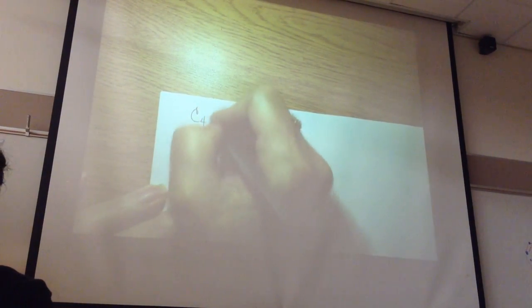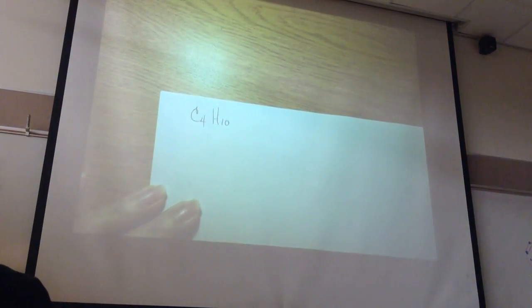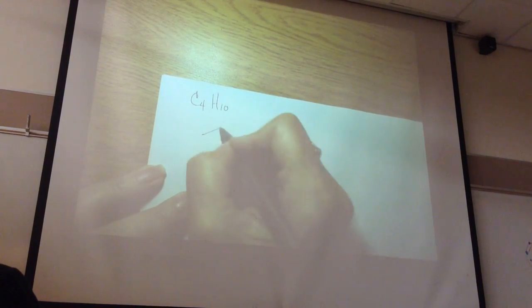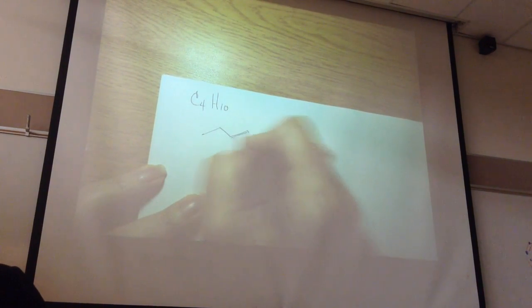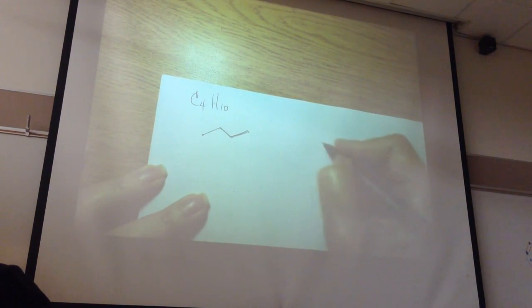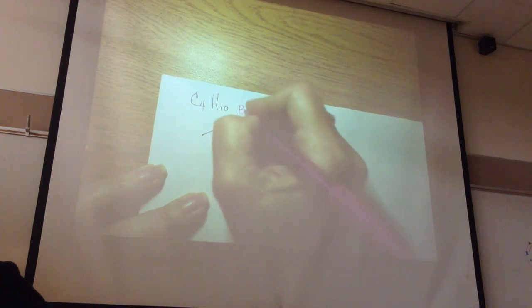All right, so let's take a look at butane. If we take a look at butane, we started out by saying that butane, C4H10, had two structural isomers. We had this one which we call butane, and we had this one that we called isobutane. Remember that? Yes or no? That was your lab. This one was butane,